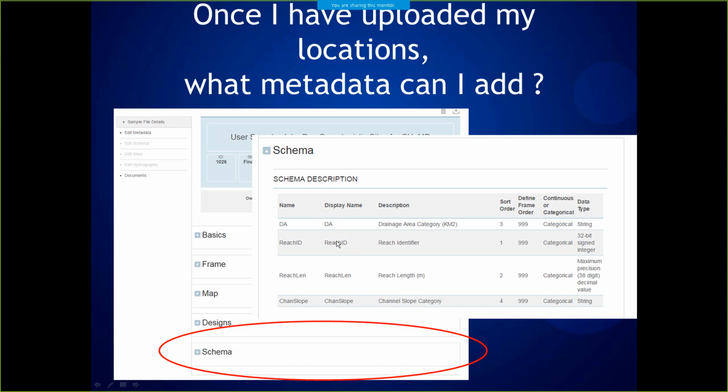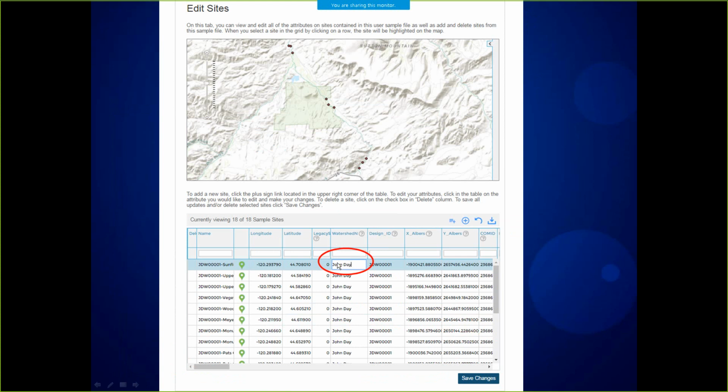But say that you wanted to edit one of these sites. How would you do that? If you went to the Edit tab, you could then click in each of these rows and you could edit the information associated with each site. So for example, if you uploaded a user sample file and you realize,